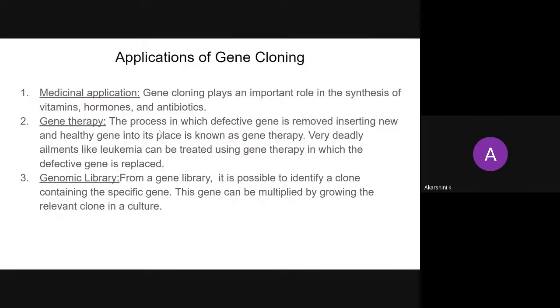Gene cloning is a common practice in molecular biology labs that is used by researchers to create copies of a particular gene for downstream applications such as sequencing, mutagenesis, genotyping, or heterologous expression of a protein.